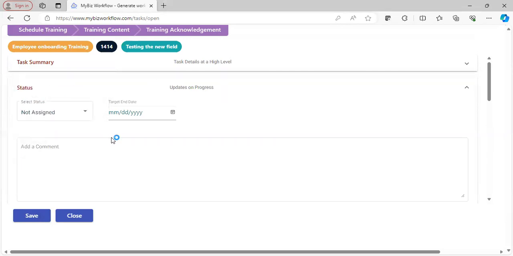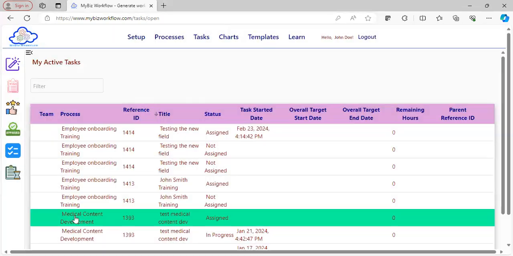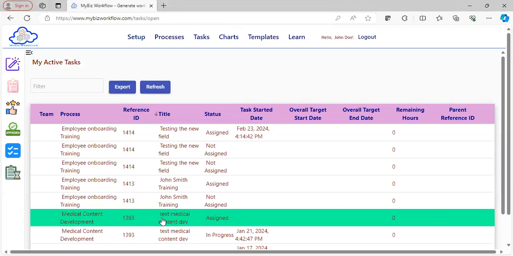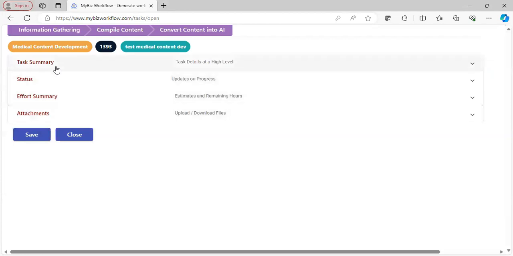There could be some tasks which have a different set of statuses, so let's take this one, for example. Now it's a different process altogether. It's set up again with just 3 steps. You don't have to have just 3 steps. You could have 2, 4, 5, or 6 steps. Just be careful not to create a process with like 15 steps,